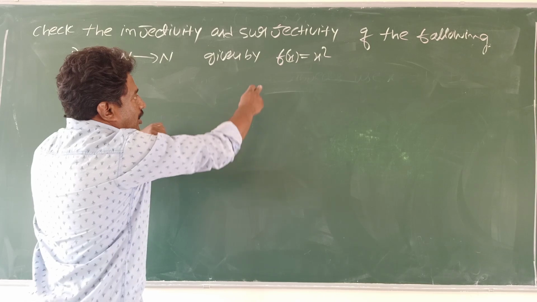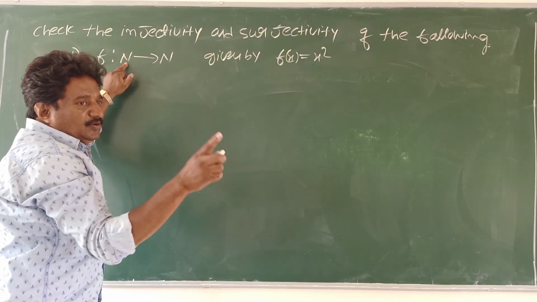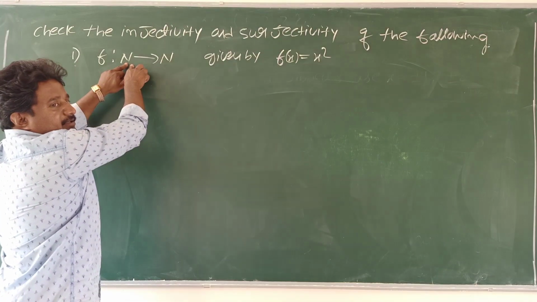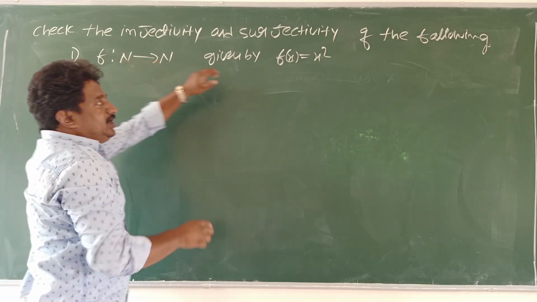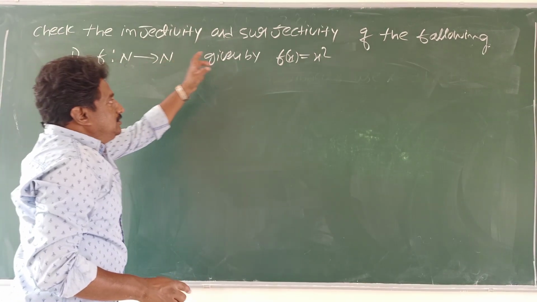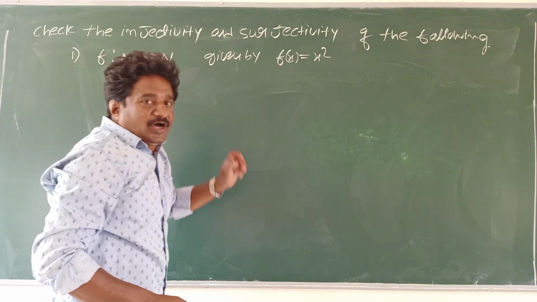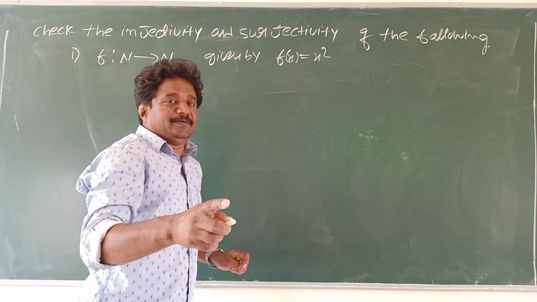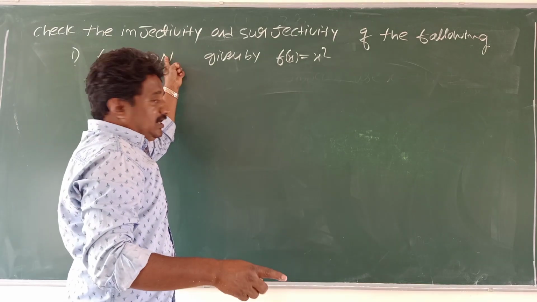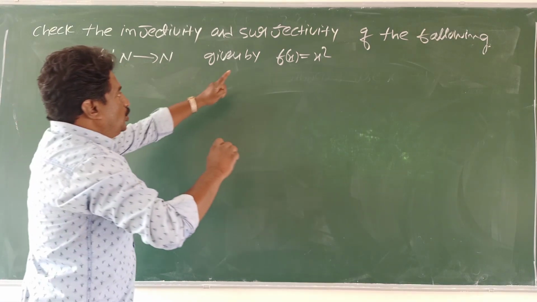Now look at this, friends. Before solving, observe naturals 1, 2, 3, 4. For x, I must choose from the first set. x values should be chosen from the first set. f(x) values belong to the second set, because f(x) means y. y is always in the second set, x always in the first set. Keep that general point in mind.